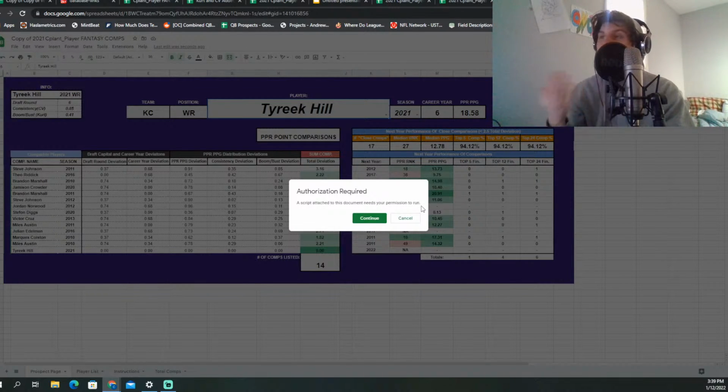The reason that it requires authorization is that when you make a copy, it becomes your sheet. So when you go to run the script, it needs authorization to make sure you're okay with the macro running within the sheet, because